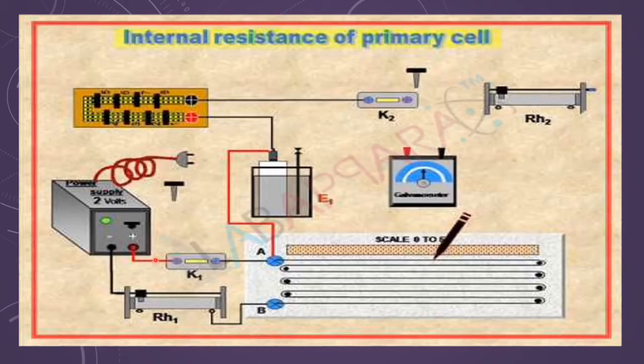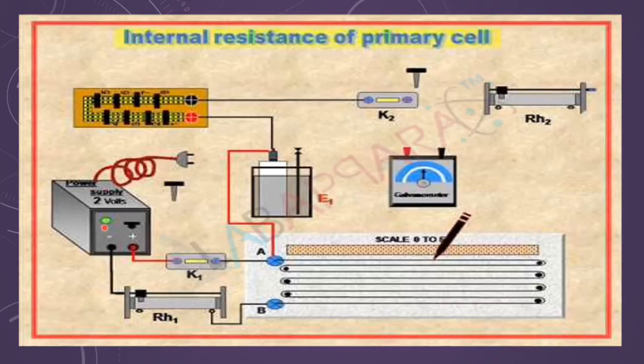For one set I keep the rheostat at the first position. For the second set I can move the rheostat a little. For the third set I can move the rheostat a little more. So I may take as many sets of observations as I want. Here no connections are being made, but the things are being shown to you. We are using a Leclanche cell; we may use any primary cell whose internal resistance I want to find. I can use a Leclanche cell or a Daniell cell.